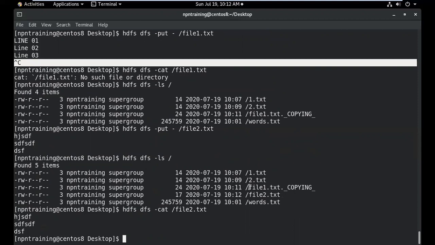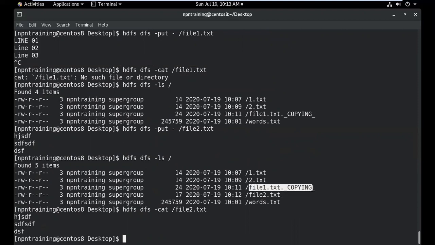Since the file was not terminated, it still tries to get input from standard input. So that is the fundamental difference between put and copyFromLocal. copyFromLocal will just copy the file from the local file system to HDFS, and the put command can take input from standard input like the command prompt.